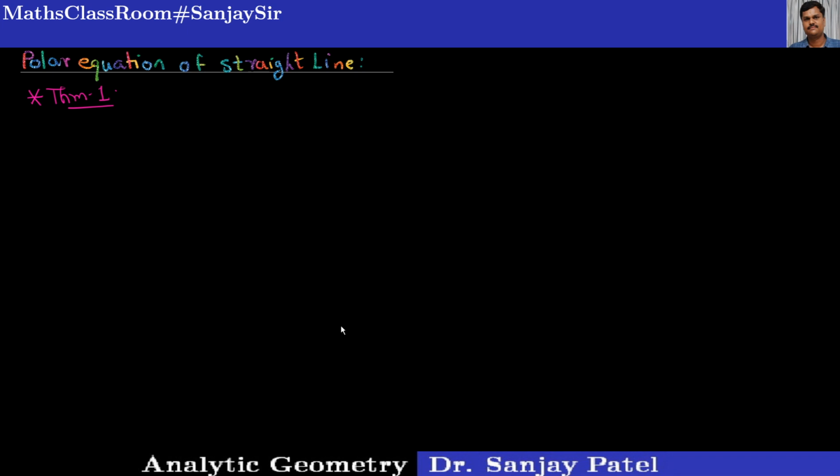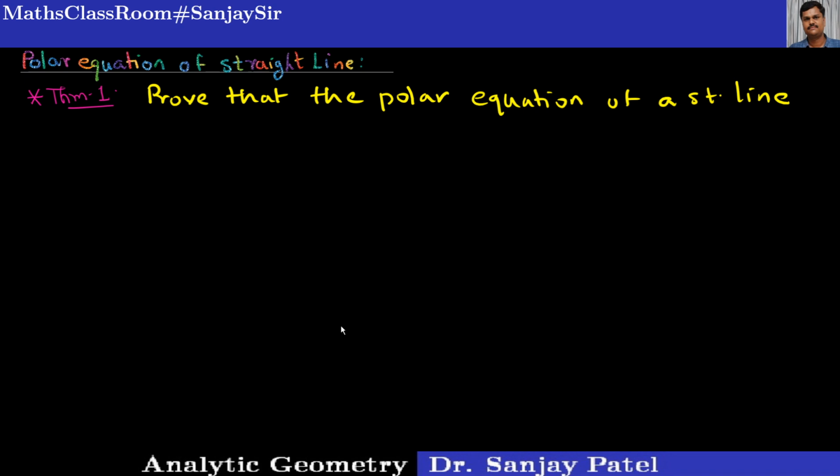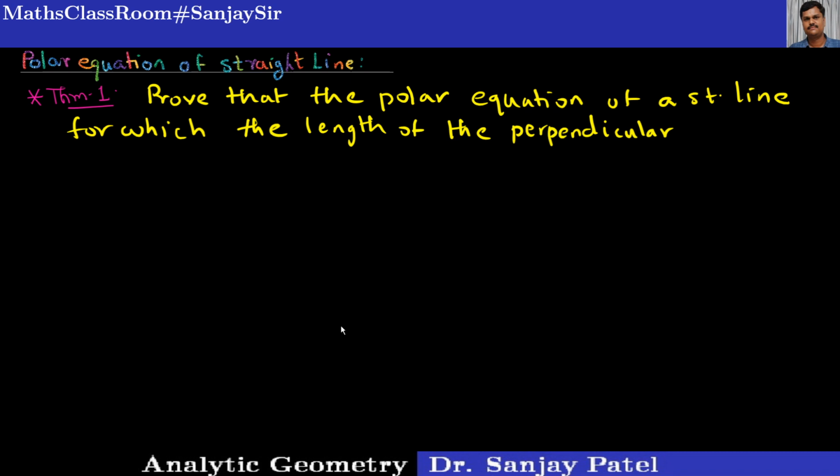So the statement is, prove that the polar equation of a straight line for which the length of the perpendicular from the pole, there is a pole in the polar coordinate system, so from the pole onto the line, the given line, is